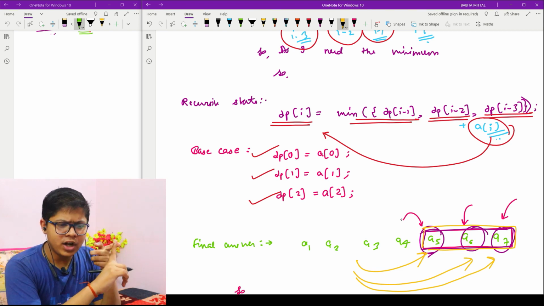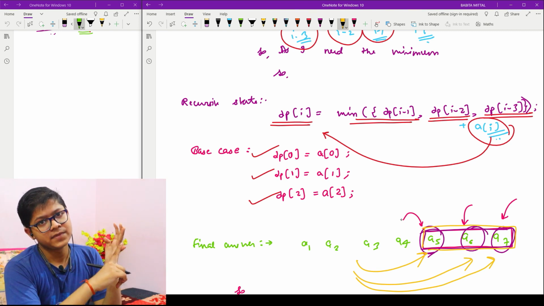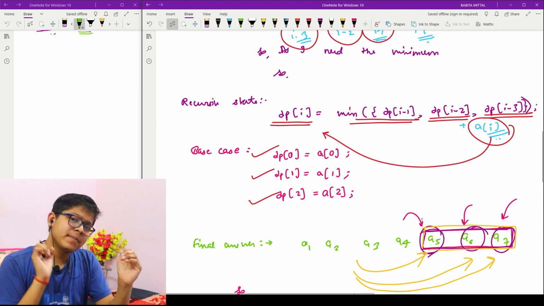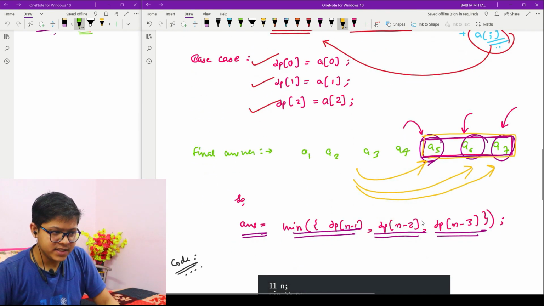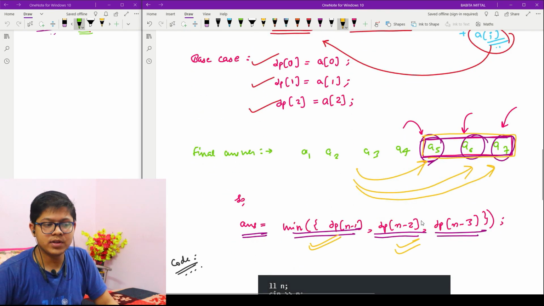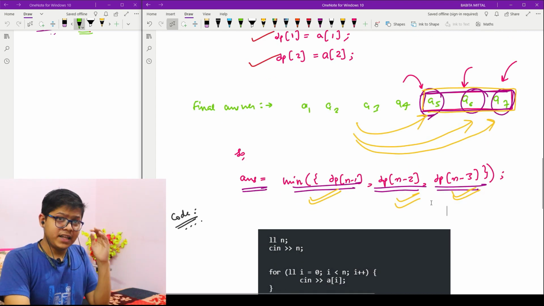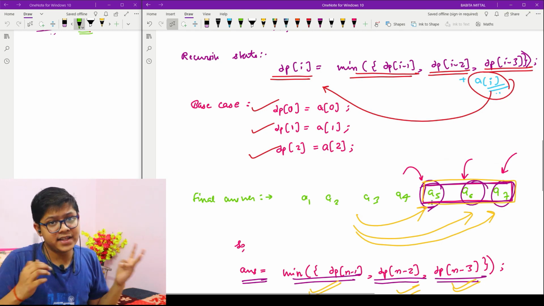Which means your answer can lie on a5, a6 or a7, so you will choose the minimum out of dp of n minus 1, dp of n minus 2 and dp of n minus 3. Very fine. Now I have shown you everything: recursive state, base cases and the final answer.